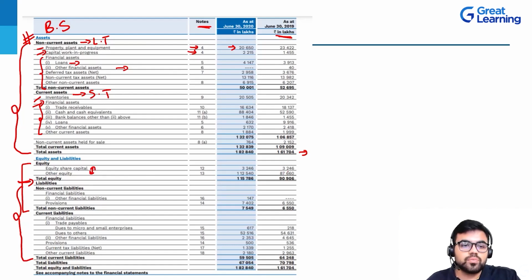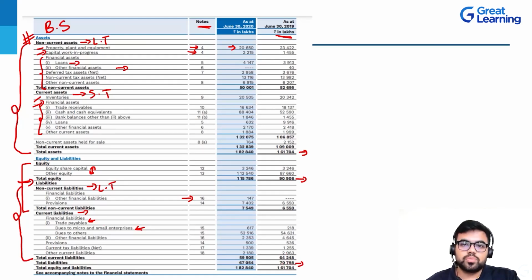So these things are also a part of the balance sheet, as mentioned. We'll look at three figures in total: equity, assets, and liabilities. Now comes the liabilities section. Liabilities have long-term liabilities that are non-current, so it would be financial liabilities and other financial liabilities, for which the total description is given in the annual report. Other than that, they have current liabilities like short-term trade contracts, micro and small enterprise contracts, and other contracts as well that need to be paid within a year. So the total liabilities would be